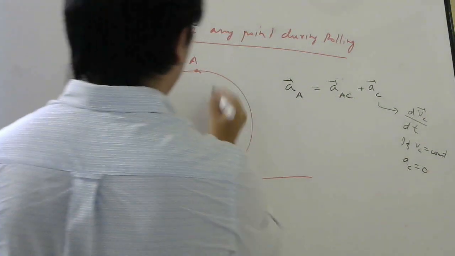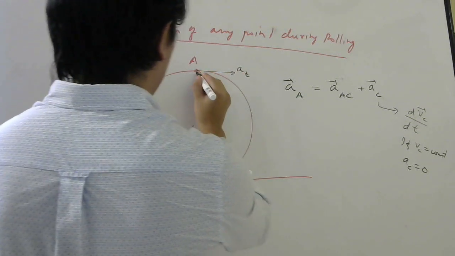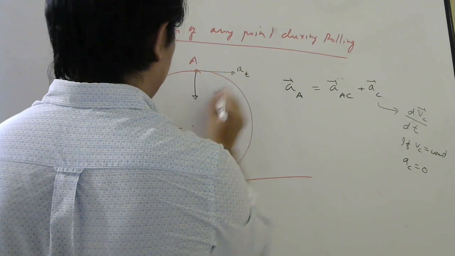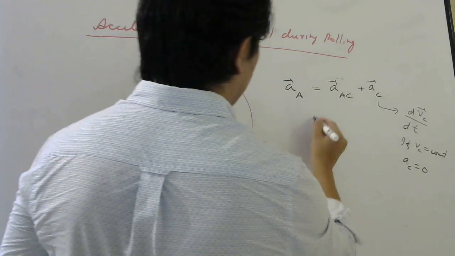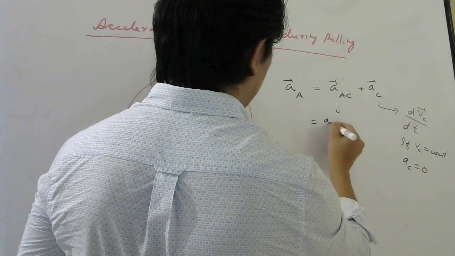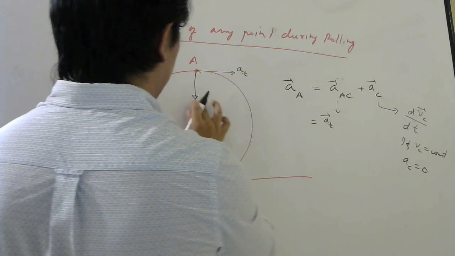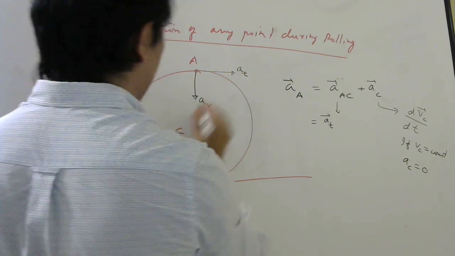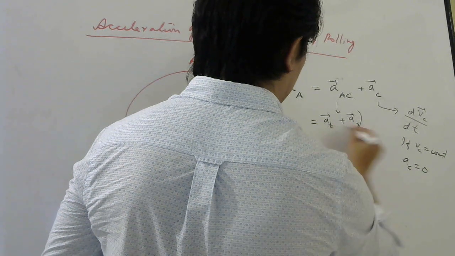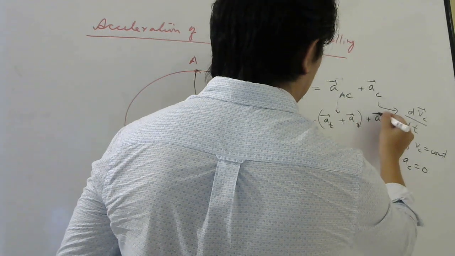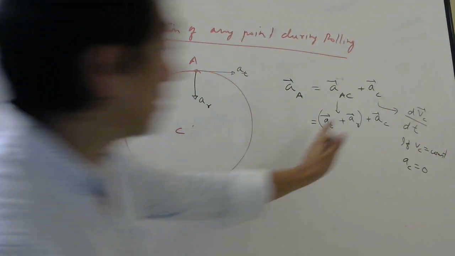So if you calculate this, there will be tangential acceleration and there will be centripetal acceleration. Let me call this A1, let me call this A2. So this itself is made up of two parts now. A1, let me write A2, and let me write this as AR, the radial acceleration. Then you have to add the acceleration of center of mass, if the velocity of center of mass is also changing. So there will be three accelerations.